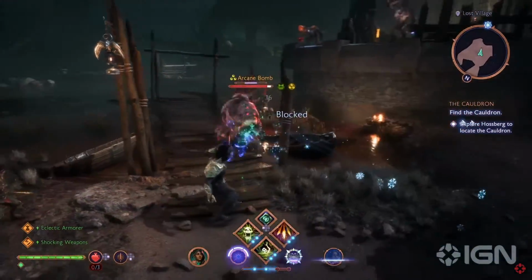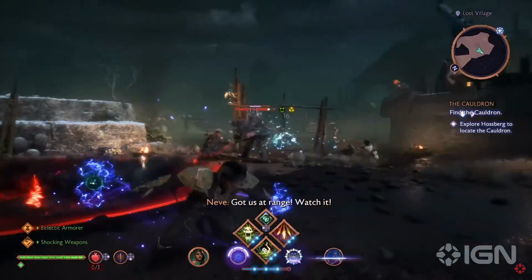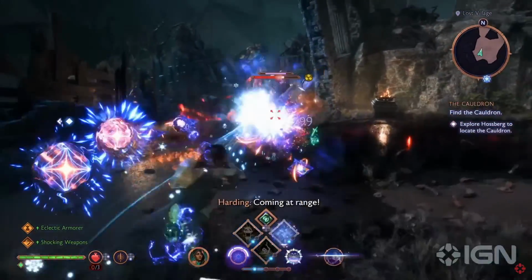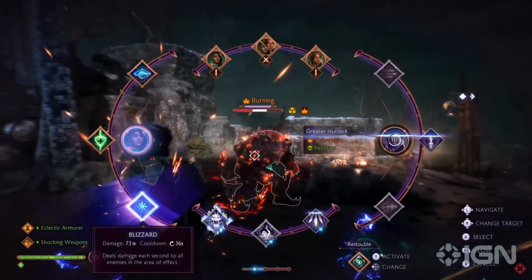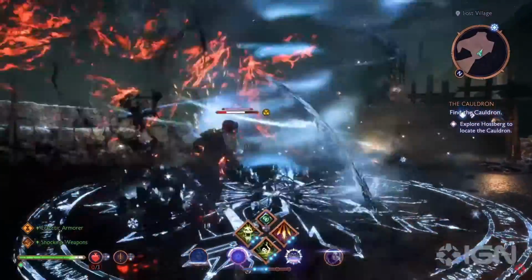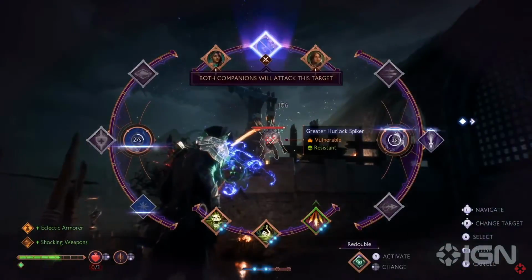The devs mentioned that companion AI is based on their in-game personalities, which is reflected in their skills, including healing. This is very interesting to me because not only will it matter as far as how your companions act outside of combat, but this influences how they perform in combat as well. I think this makes this game more immersive and causes players to really think about how to treat their companions